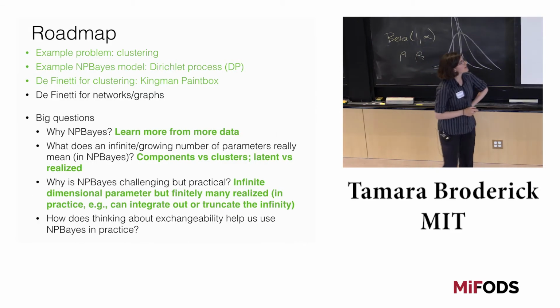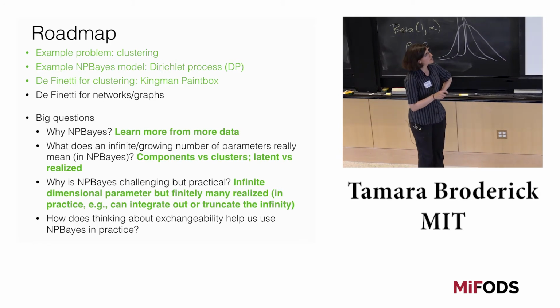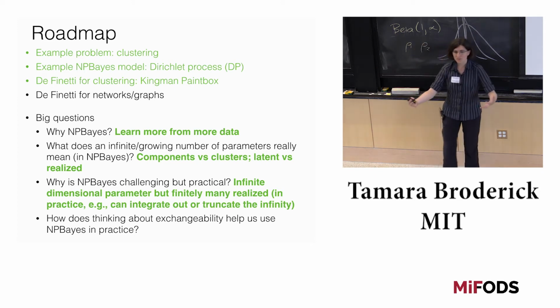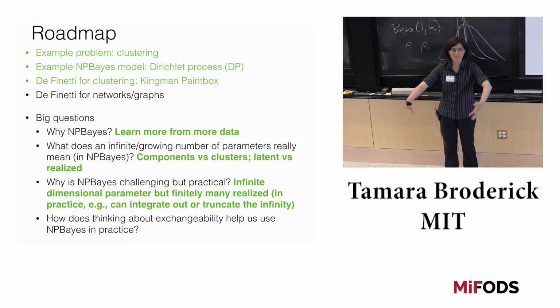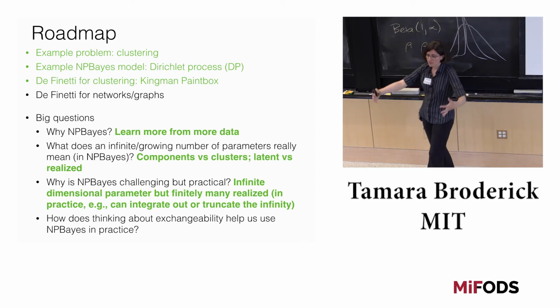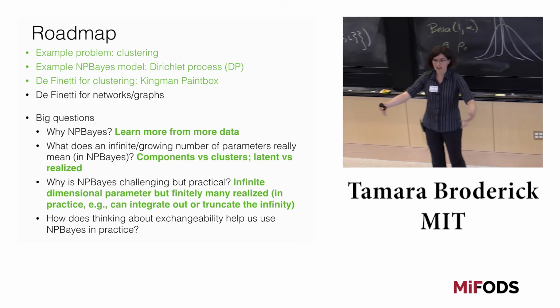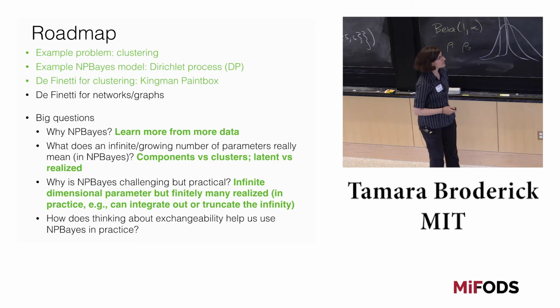Let's recall what we've done here. We started by talking about clustering. We introduced the Dirichlet process, which is sort of this very classic non-parametric Bayesian process for clustering. We talked more generally about what exchangeable clustering looks like. It looks like the Kingman paintbox. And so there's some sense in which we can see now that things like the Dirichlet process, the Dirichlet distribution are very natural. They're examples of a Kingman paintbox. It also tells us what models we could consider that are exchangeable and how to get beyond exchangeability.